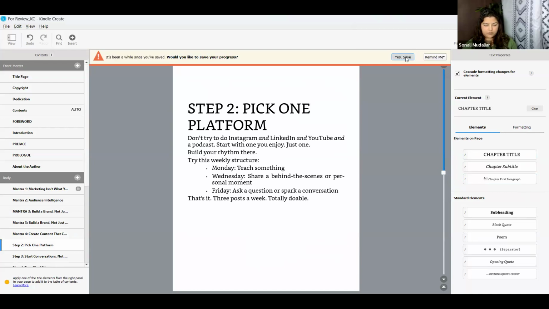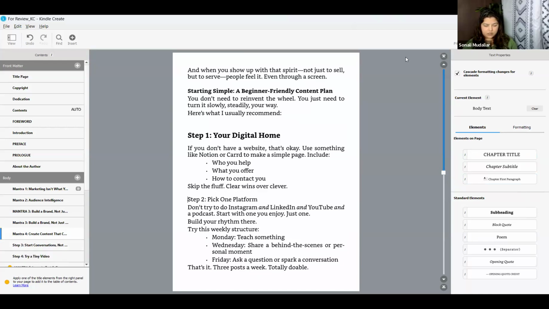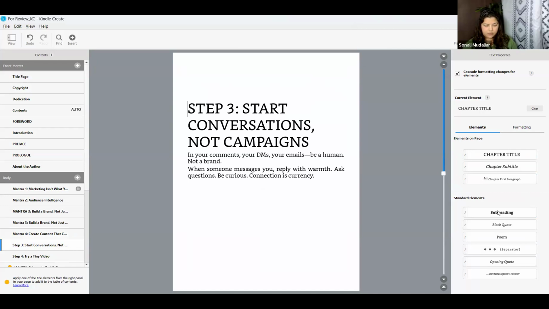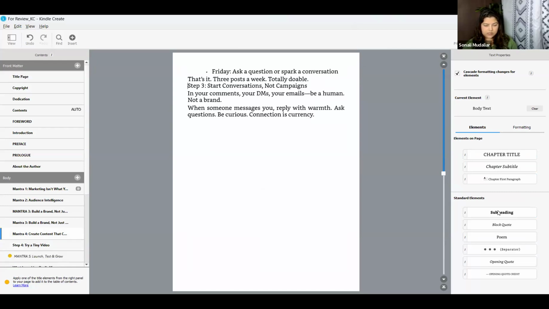See, the moment I'm getting a pop-up, every time I am actually saving it. So it will automatically save your progress. So whenever you are doing it, ensure that you guys are saving it.